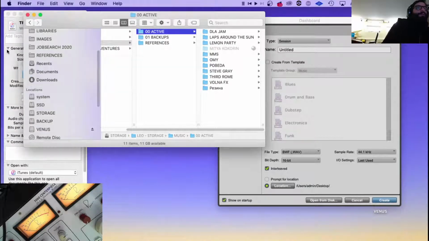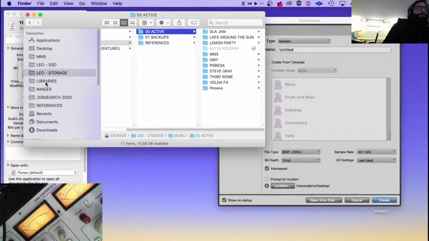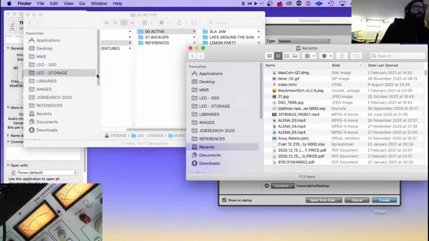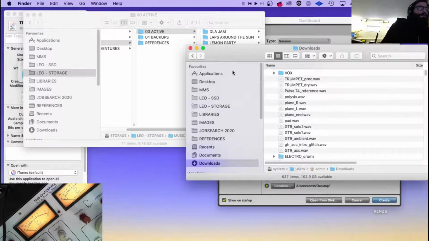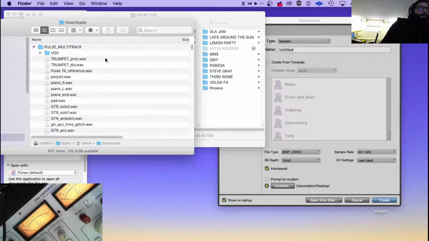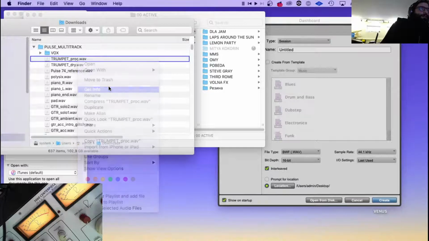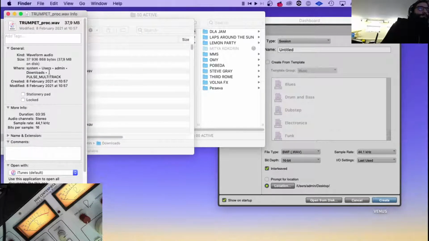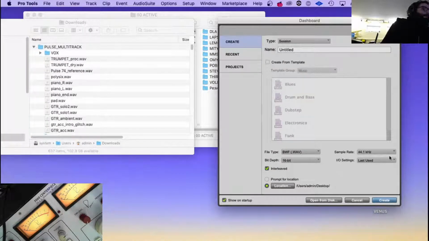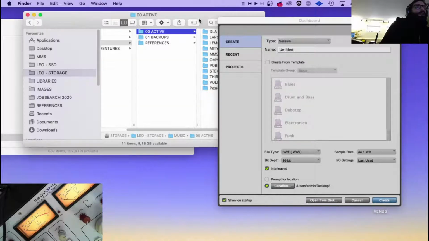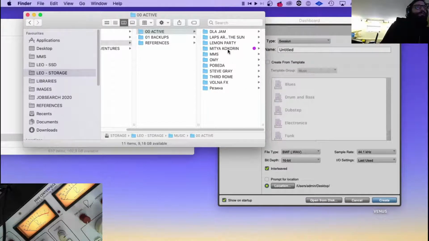And I also have the downloads, which are here, because I'm deciding where I am going to save this, right? So I have the downloads. Let me open a new Finder window. I have the downloads here, and these are the audio files that the client, Mitya, sent me. So you see they are in 44.1 16-bit. So better to create my session in 44.1 and 16-bit. So now that I have finished the copying here,